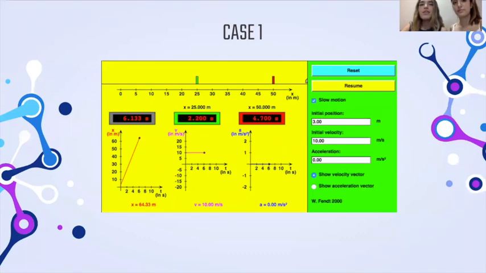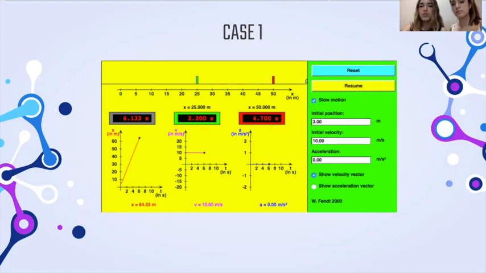So in this first case, a car is making a change in its position for a certain period of time. We can see that here it started at a position of 3 meters. In 6.1 seconds, it ended at a position of 64.3 meters. Since it has no acceleration at all, the velocity of the car remains constant at 10 meters per second. The acceleration time graph remains on the x-axis, which represents the time in seconds, because as we mentioned before,